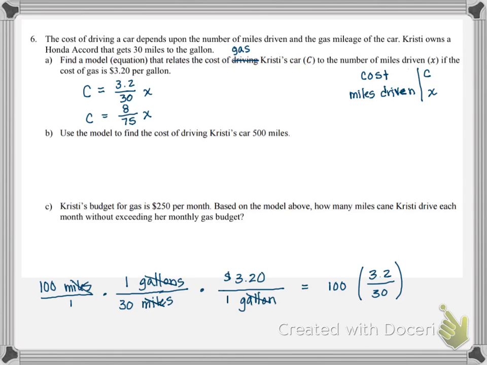So just like we did yesterday, we're relating C and X, which means they have to give me one if I want to find the other one. So we are finding a cost. So I want to find C, which means they have to give me X, which is what that 500 miles is. So we have C equals 8 over 75 times 500,